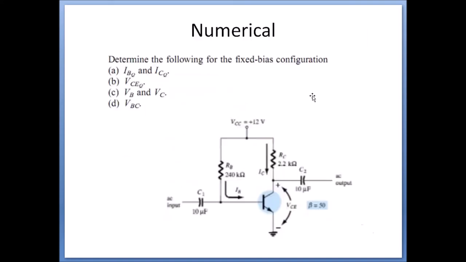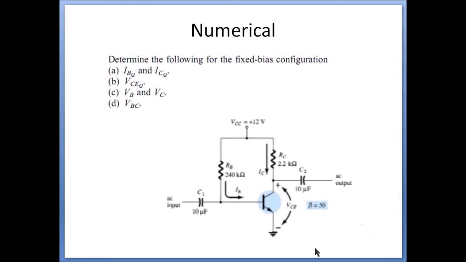Now let us understand the fixed bias concept with the help of one numerical. Determine the following for the fixed bias configuration. Now we have a fixed bias configuration and we need to find out these parameters: IBQ, ICQ, VCEQ, VB, VC, VBC. The supply voltage is given as plus 12 volt, RB resistance is given as 240 kilo ohm, RC resistance is given